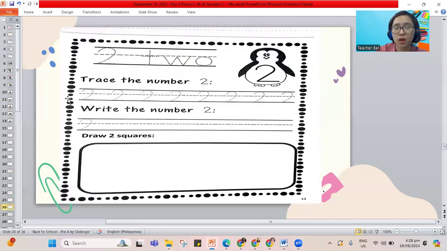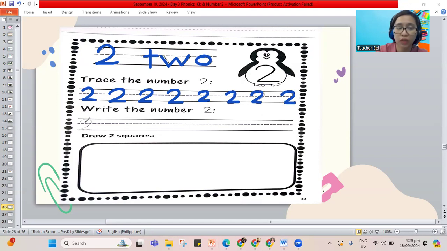Let's jump to this one. We better trace for number 2 as swan's neck. You go down and out of the pond. 2. Spell out for 2: T, W, and O. That's the word 2. Trace number 2 as swan's head out, down and out. Swan's head down and out. So let's do your number 2. Trace all the number 2.